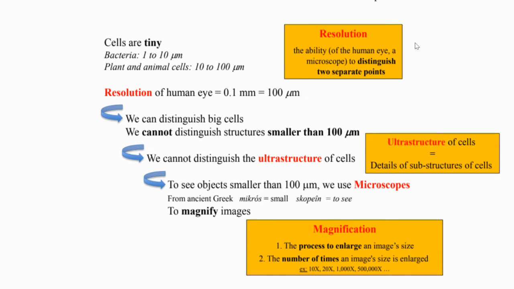So while talking about resolution, I told another important feature, that is magnification. Magnification is the property of the microscope to be able to make the image larger than the actual size. So to see smaller objects and make them larger than 100 micrometer, we use the lenses in the microscope, and for that the magnifying property of the microscope is important.